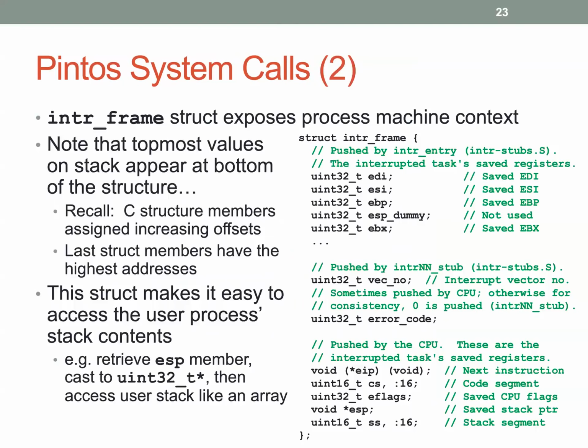Okay, so I talked about this. But yeah, all you really need to do is access ESP, which is down here. As it says on the slide, access ESP, cast it to uint32_t star, and treat it like an array. Index into it. Boom. You can just start accessing the stuff on the user stack. Now you need to be careful because you may fault, because if I remember correctly, I think there are